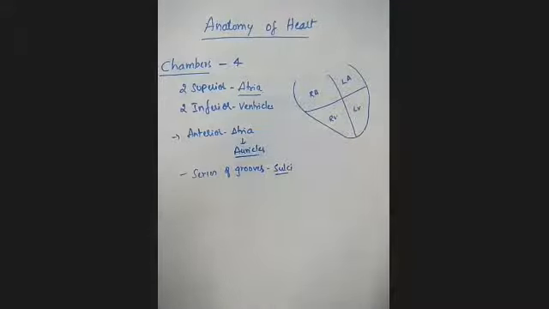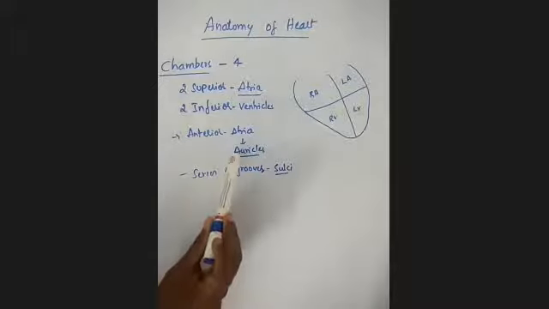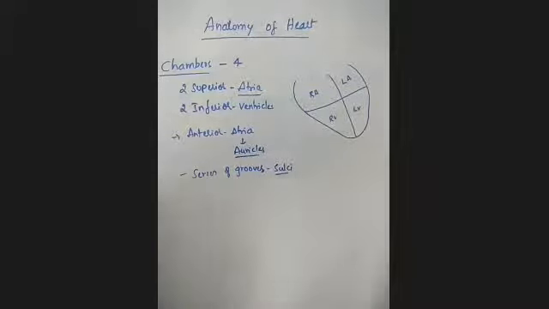So this is general about these chambers. The heart has four chambers: two superior chambers, the atria, and two inferior chambers, the ventricles. The anterior surface of each atria has pouch-like structures called auricles, and the surface of the heart with a series of grooves is called sulci. We'll discuss the different chambers of this heart one by one.